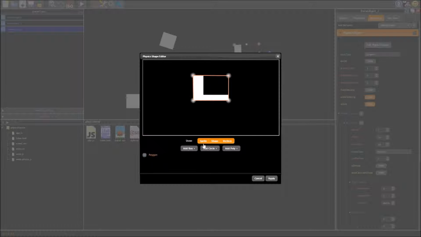Okay, you have multiple options here. First of all, you can hide the sprite, so you can see where your vertices are. You can hide the shape, so you can see your vertices more clearly, or you can just hide the vertices themselves. You can add new shapes, so if I wanted a second collision box, say if these two rectangles weren't